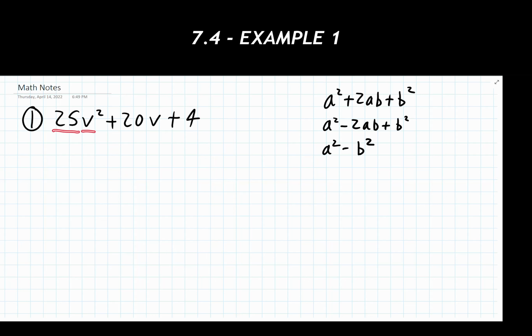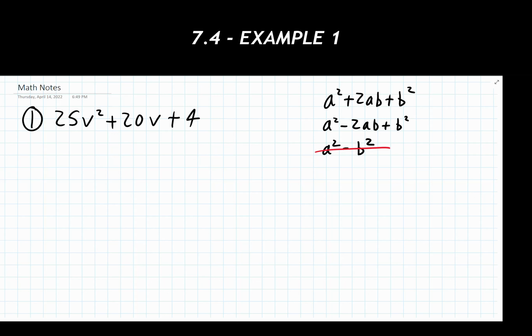25 is a perfect square, v squared is a perfect square, and 4 is a perfect square. So that right there is the giveaway that I might have one of my 3 special forms, or 3 special products that we had listed previously. Now I have all of those listed off here off to the side because, again, I don't think it's supremely obvious which one it is just by glancing at a problem, so we're just going to list all of them out and see which one this may or may not be. So we look at it and say, first and foremost, this thing has 3 terms. So right off the bat, we can eliminate the difference of squares from being a possibility. So we have the top 2 as our options.